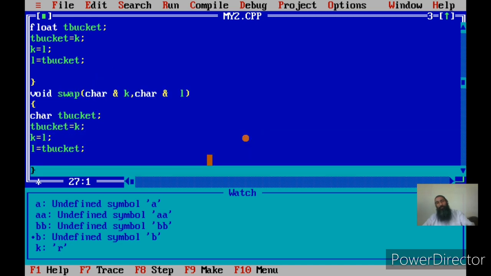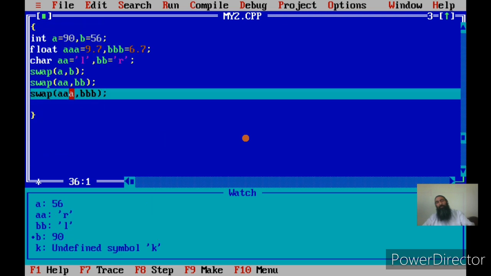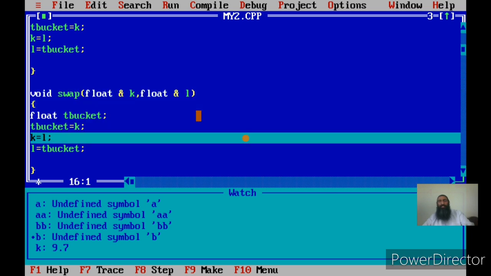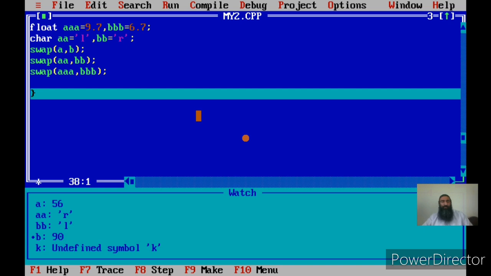Now if I call another swap with AAA and BBB, the data type of AAA is float and BBB is again float. So this matches the third implementation, where the data type of K is float and L is float. Again, this will exchange the contents of two variables. We have already discussed this logic.